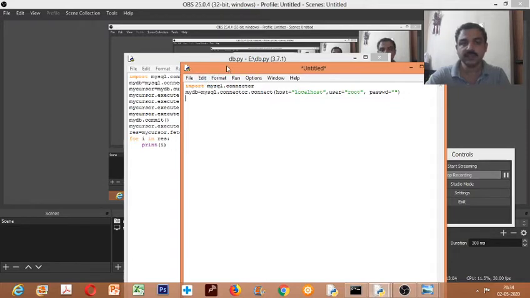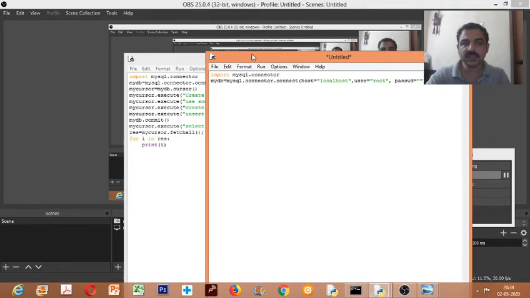The next step is you need to create something called a cursor. This name can be anything. I am just writing mycursor equal to mydb. Mydb is nothing but my connection. Then I need to write cursor. So it will create something called a cursor. Through cursor I can run any SQL command. So I need to create a cursor first. Clear? So cursor is created.